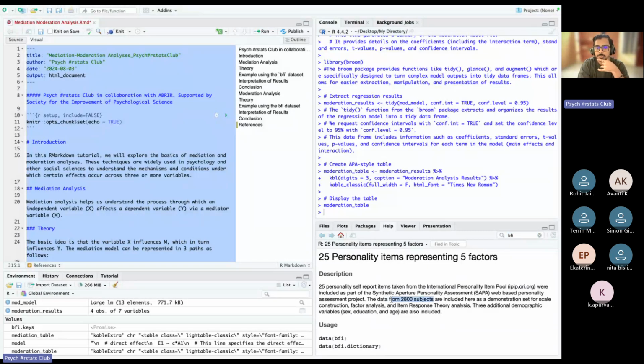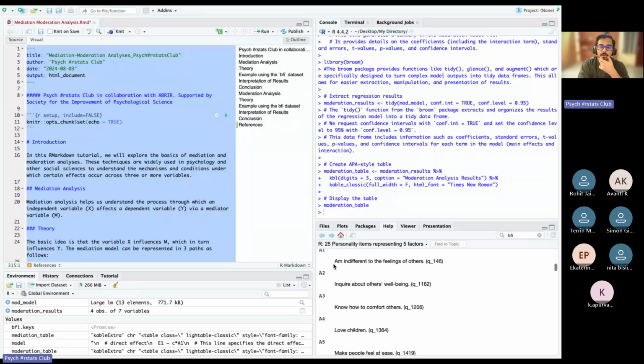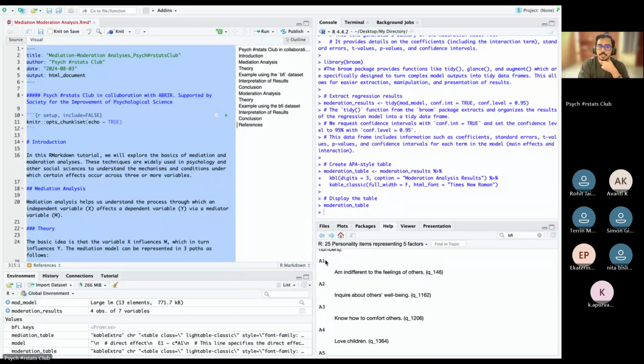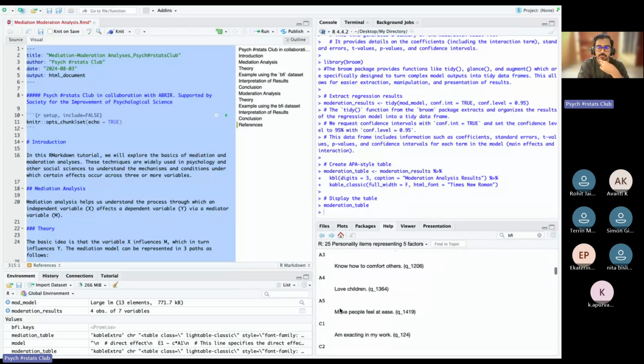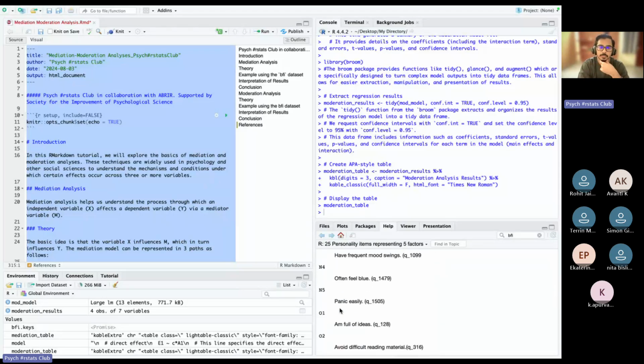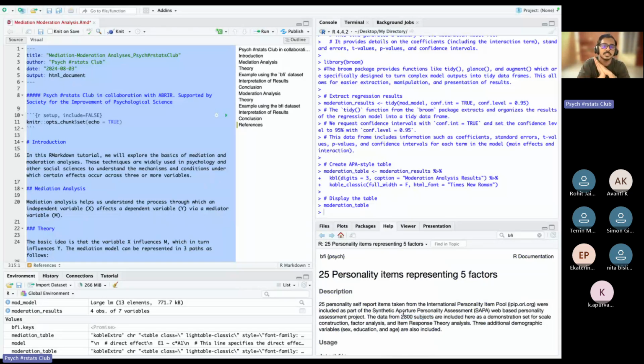As you can see, there are almost 2,800 subjects included in this particular data set. And these are item-wise scores. That is, these are A1, A2, A3, A4, A5. These are the 5 items of agreeableness or amicability. Then similarly, we have the remaining 4 as well. So we have agreeableness, conscientiousness, extraversion, neuroticism, and openness to change. So this is one data set which does not have any raw scores or average scores as such. It just has the item-wise scores. You can just collate them together to make average scores later. So I'll be using that particular data set,